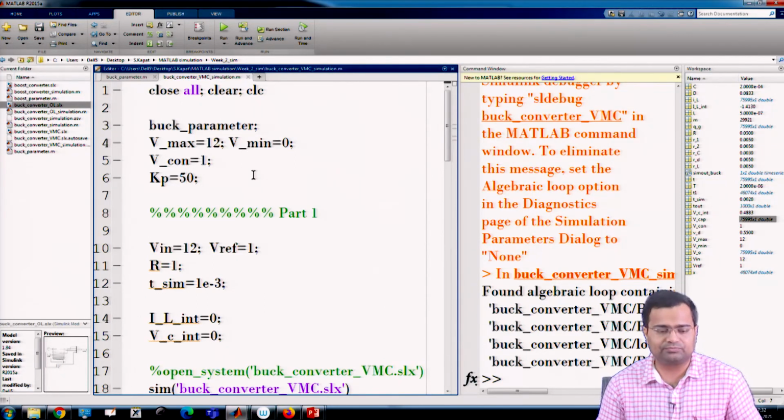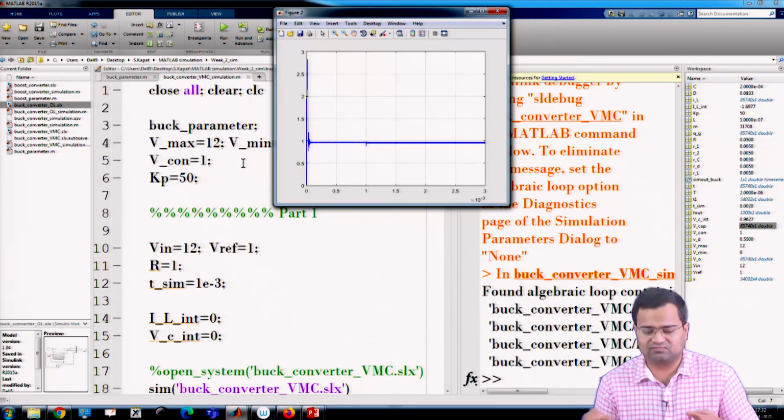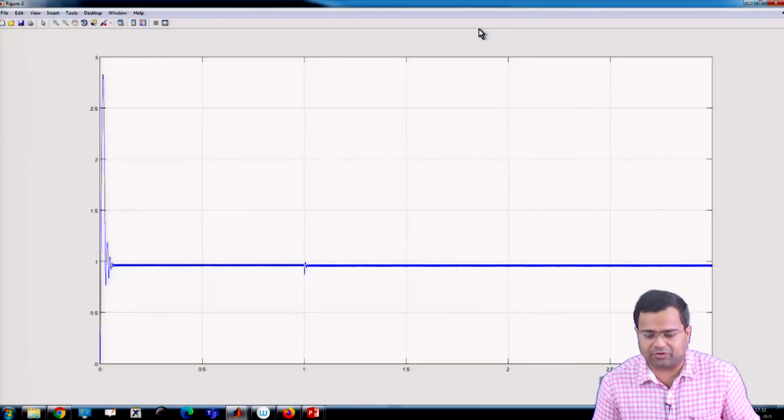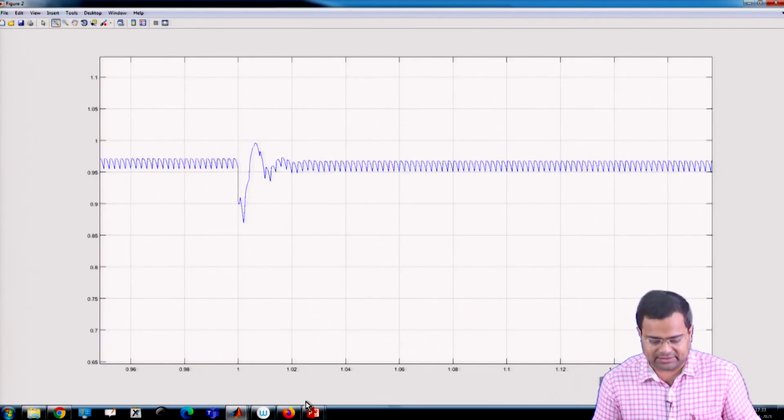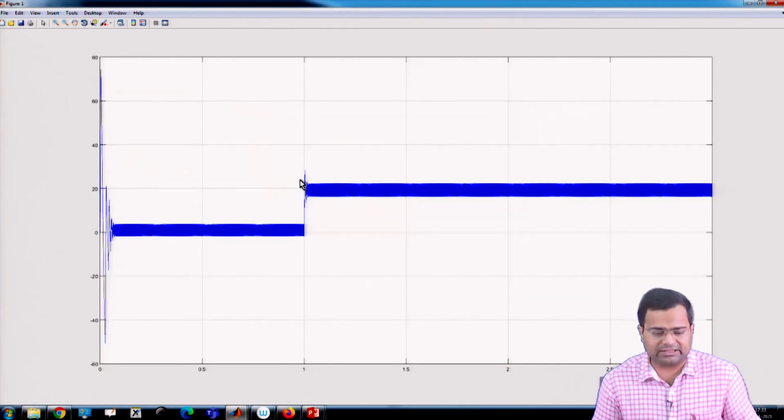So now let us run it and see what happens. Once we add proportional control, we can see that the nature of the transient response got changed.